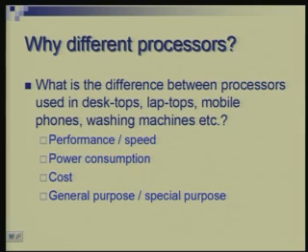So, the basic principle behind all the computers is more or less the same, the simplest, the key part is the same. What is the difference between the variety of processors you see? You see different processors in different applications, from tiny ones to large ones. You have them in desktop computers, laptop computers, mobile phones, washing machines and so on. What is the difference?